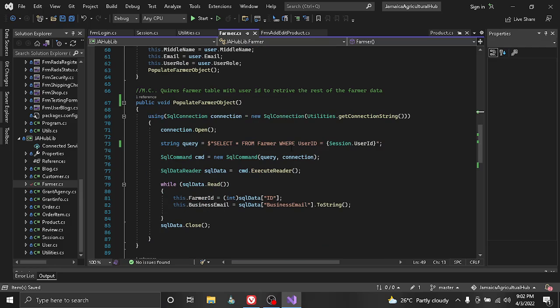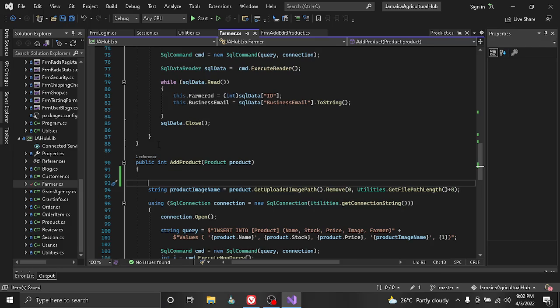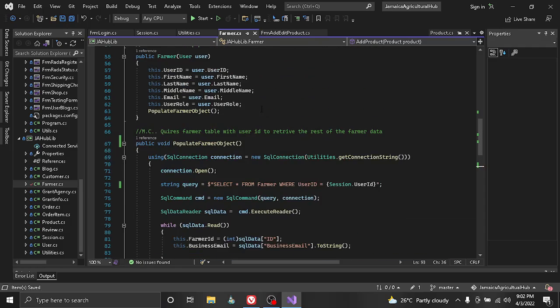I will simply call this method right here, but when I'm adding the product, I'm gonna populate the farmer object, and then I'm gonna use the farmer ID right here. I'm gonna call populate. I set it to public because I might want to use that